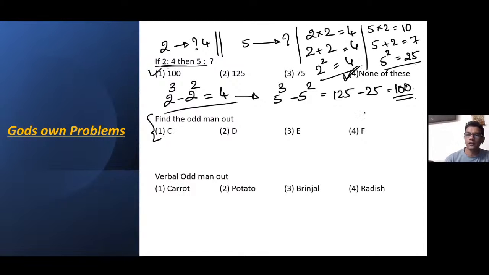Okay. Second one. I'm sure most of you have already solved the second one and the third one, and you're ready with your answer. So can you tell me what is the answer for the second one? Anyone? E. Yeah, so the question is, find the odd man out. Out of the 4 options, you have to find which one is the odd man. Odd man means a letter which does not fit in the same series like the other alphabets. Okay, so someone said E. This is one answer that someone has given.